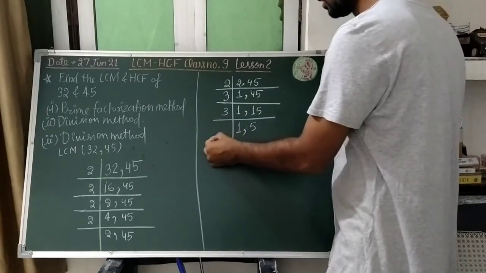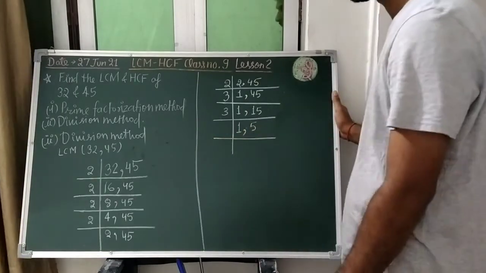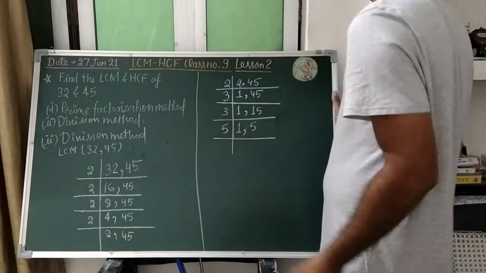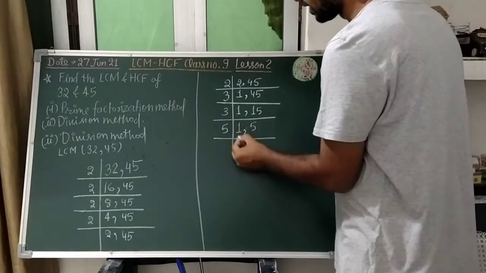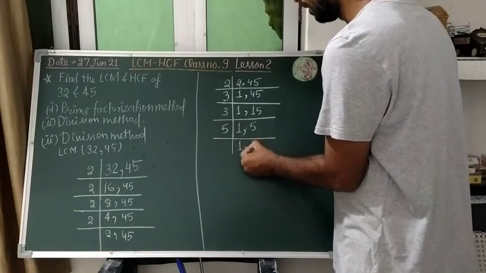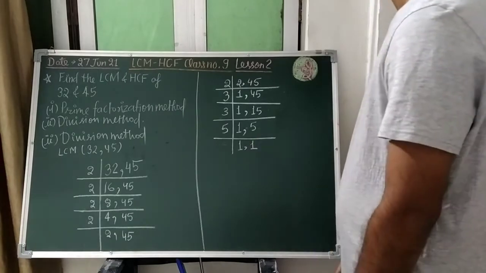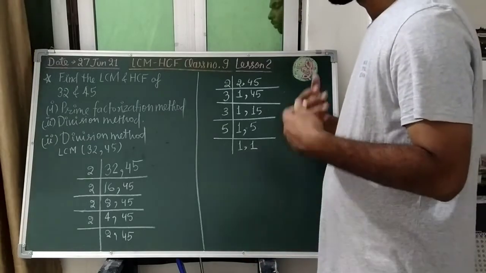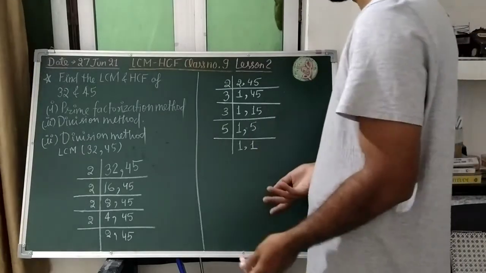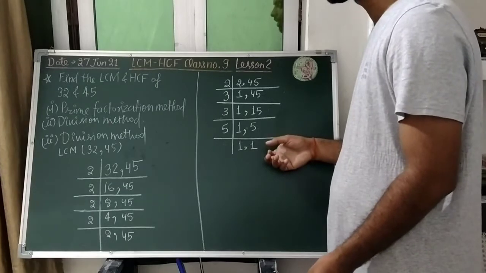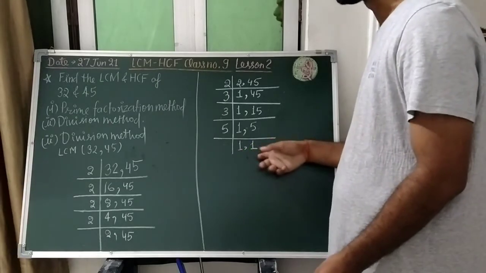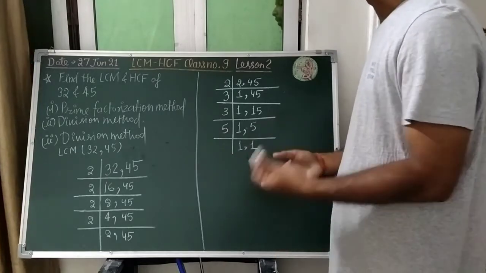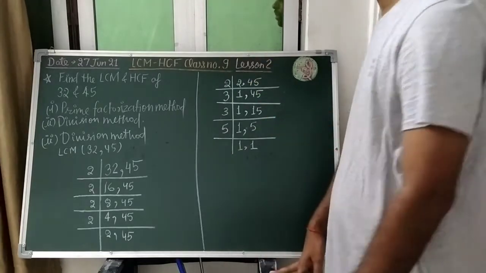Now you are looking at students, 5 is a prime number. So for a prime number I have told you, you will select the same number. So 5 is a prime number, so we shall select 5 here and here we will get 1 and 1. So up to which number we shall perform this task? Until we are not getting 1 for the numbers. We shall select the numbers and will perform the task of division.